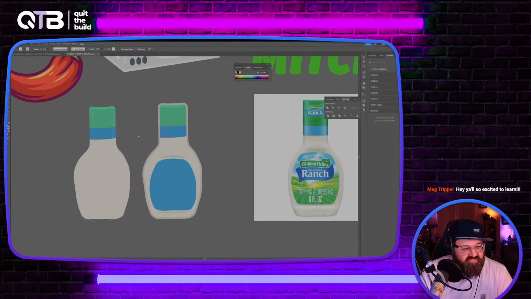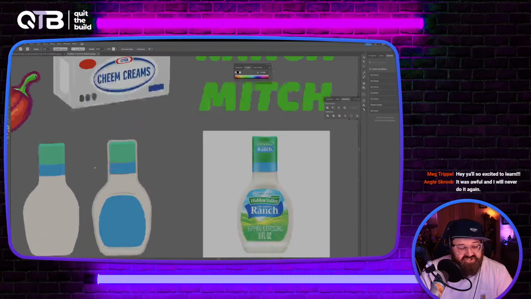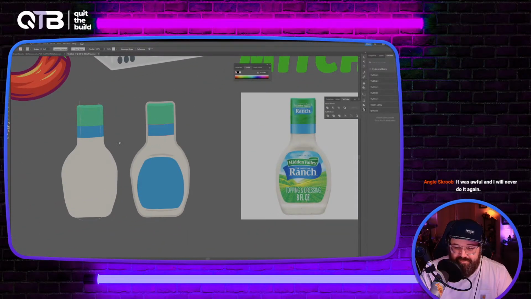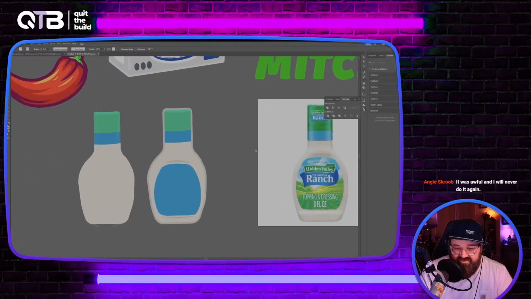We're making a Ranch Mitch bottle here, and it's going to be Hidden Valley. So right now we've got mainly our bottle here. There are different colors and whatnot. I'm going to make some